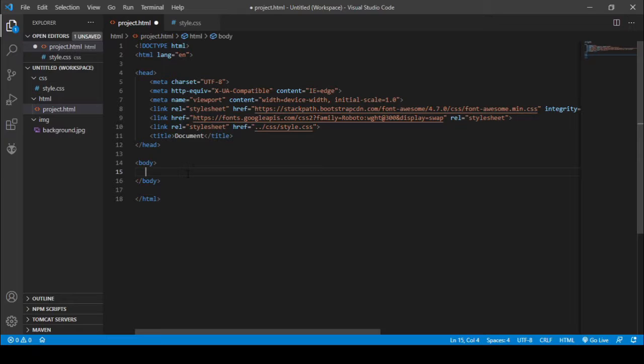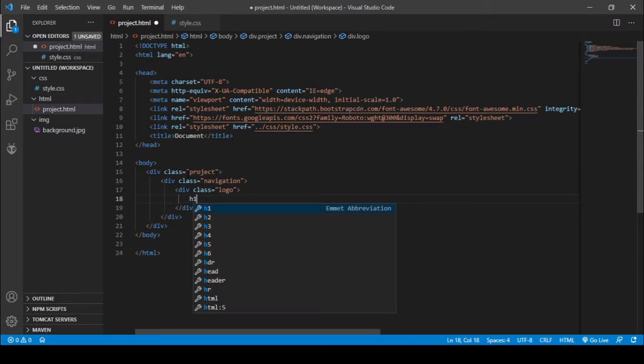So let's get into our body tag and let's create a class with the name of project, and in the class of project we need another class with the name of navigation, and in the class of navigation we need another class with the name of logo, and in the class of logo we also need an h1 text as logo,